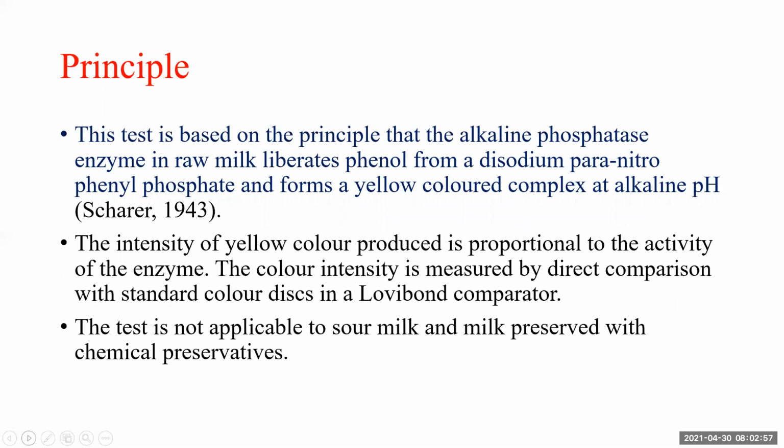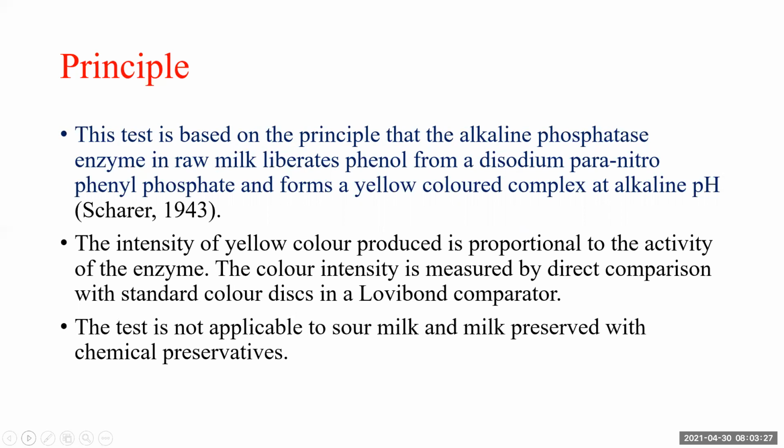Now, what is the principle of this test? The test is based upon the principle that the alkaline phosphatase enzyme present in raw milk liberates phenol from the substrate paranitrophenyl phosphate disodium salt and forms a yellow colored complex at alkaline pH. What is the principle behind the test? Alkaline phosphatase enzyme